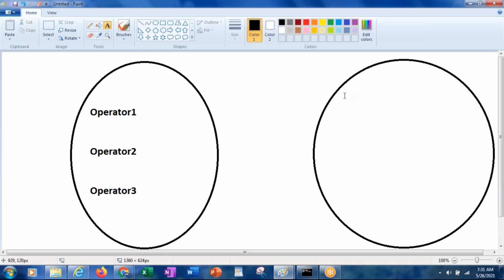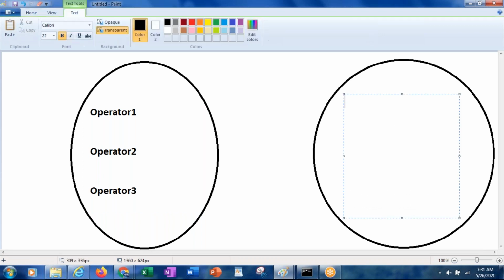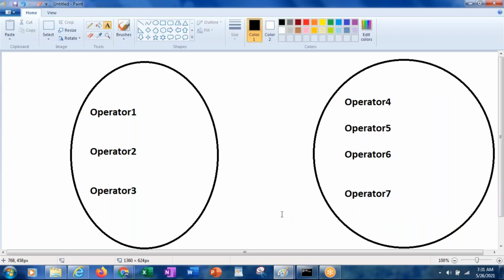I would like to group a few operators into one category. So like this, I would like to group them. All these three operators who belong to this particular group can have the same privileges or same access on the application. And even if one operator goes on leave, another operator can work.